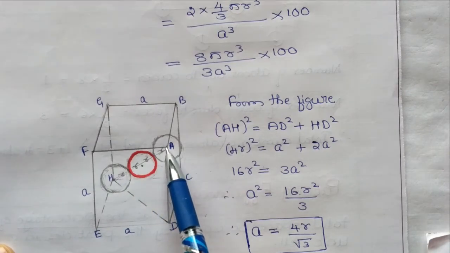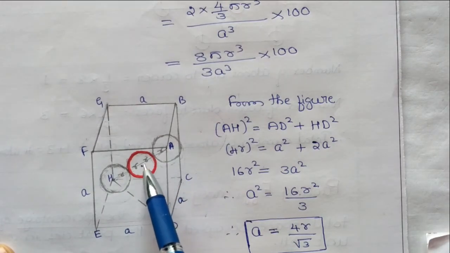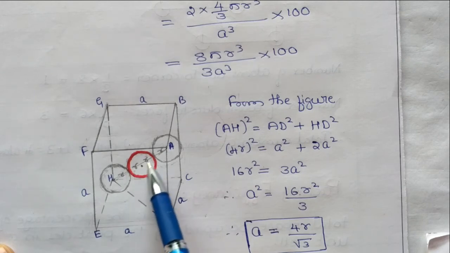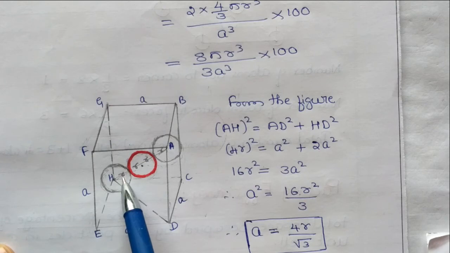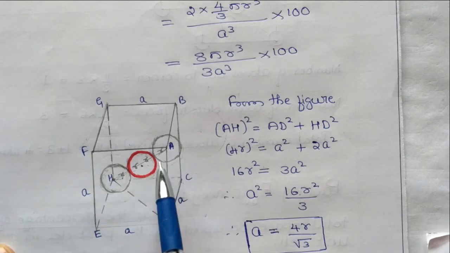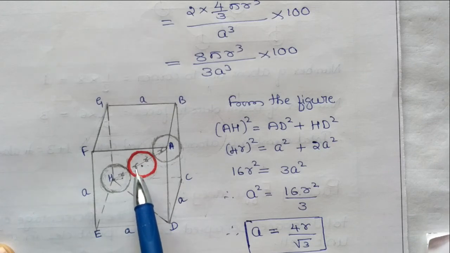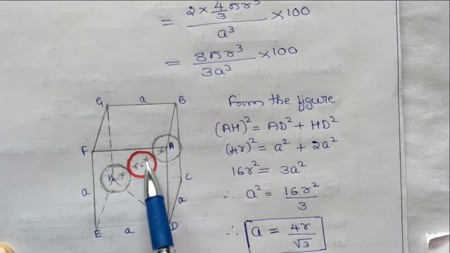So this should be exactly here. This radius is r, and the diameter means 2 radius, r r. And this is one more r. The diagram has to be drawn properly. Okay, so r plus r plus r plus r is 4r.